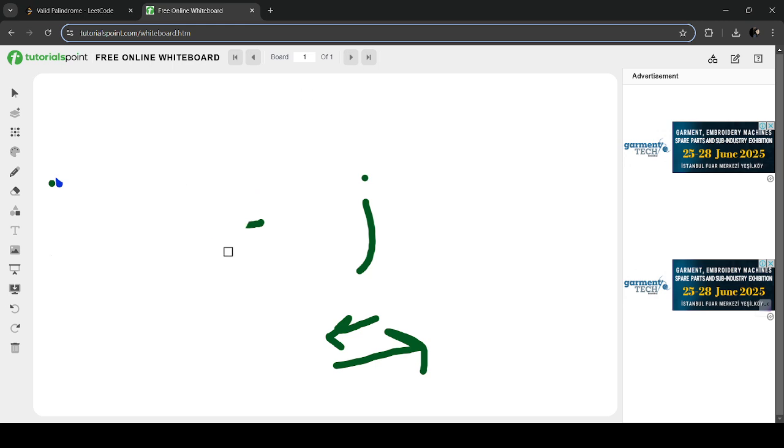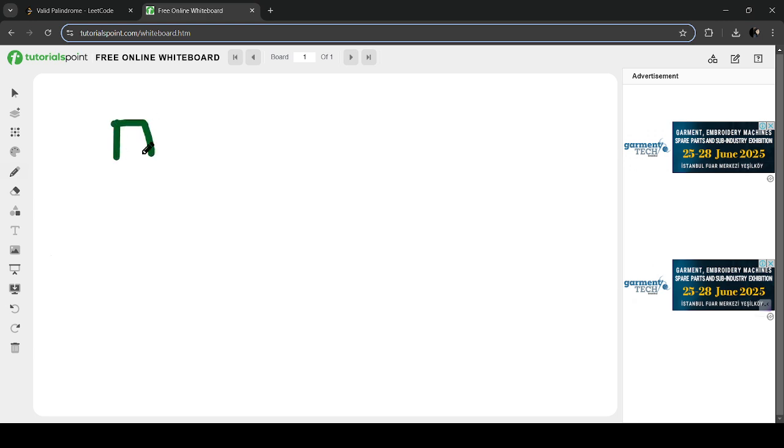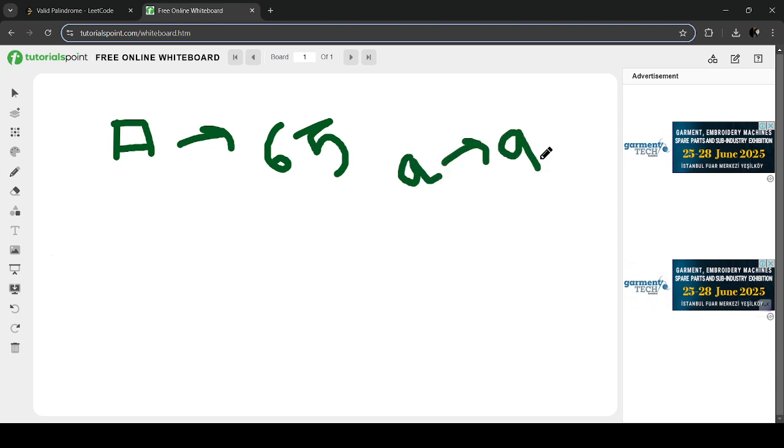So basically, supposing you have to convert a capital character. See, capital A starts from 65. Small a starts from 97. Suppose I have a character C. So what we are doing?